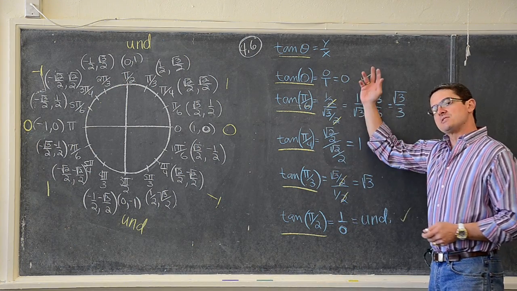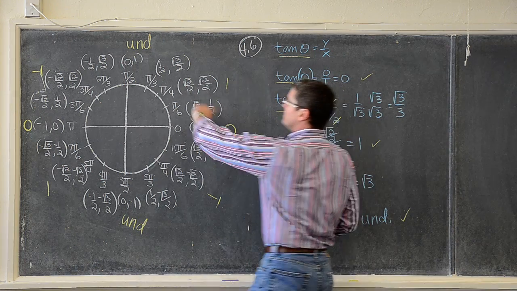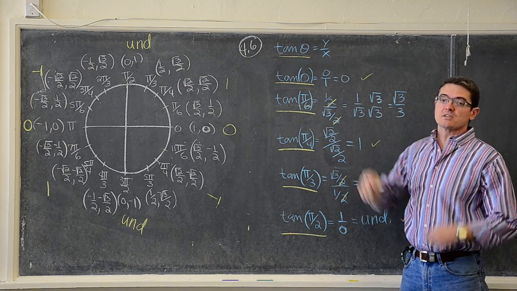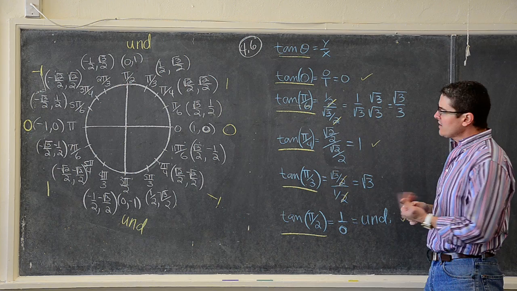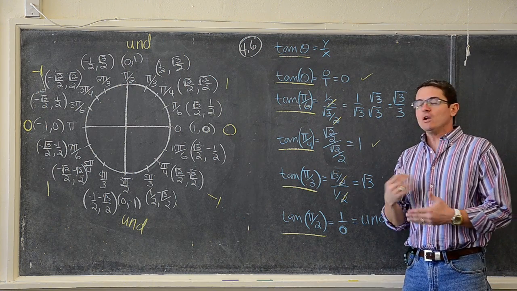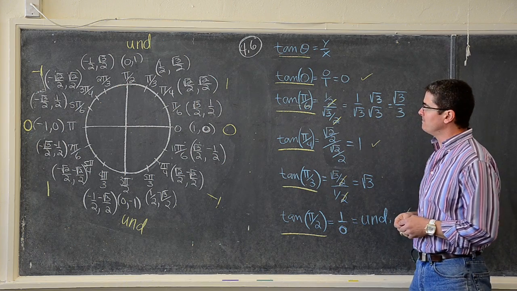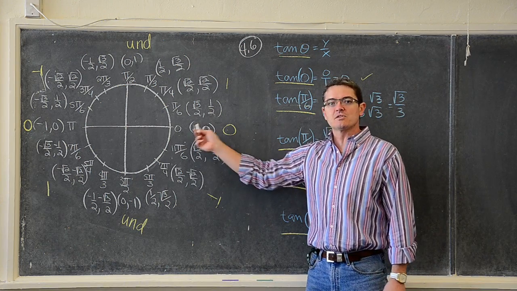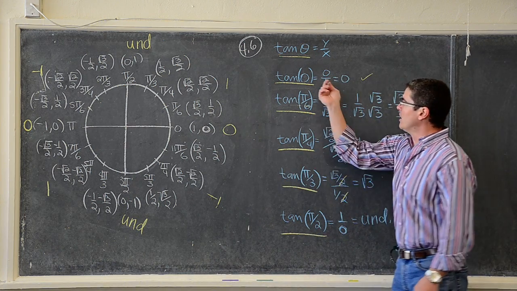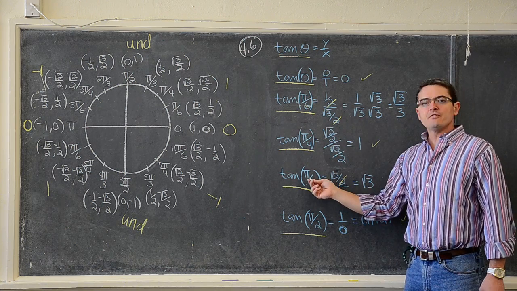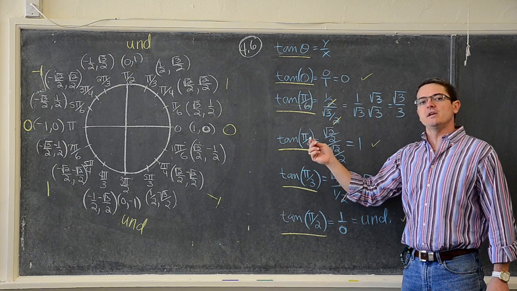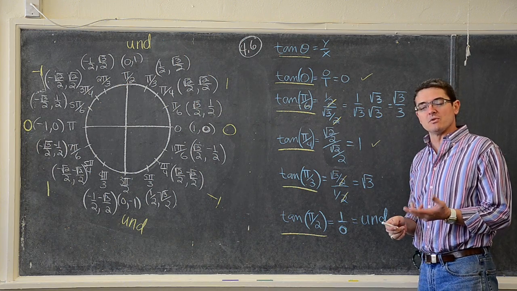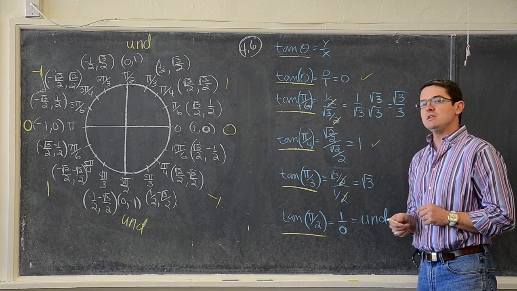Of course, I've got my answers already listed out here, but as we go around the unit circle and start to work on graphing the tangent of theta, which is y over x on the unit circle, let's look at some of our values and how they repeat. So we have the tangent of 0, which is y over x, 0 over 1, which is 0. And if I continue around the unit circle, like pi over 6 and pi over 4 and pi over 3 and so on, you can see that we have a lot of decimals that we don't really want to graph by hand.